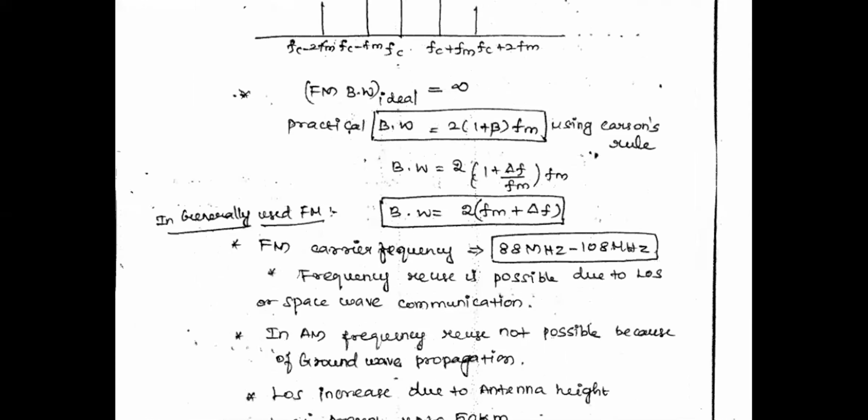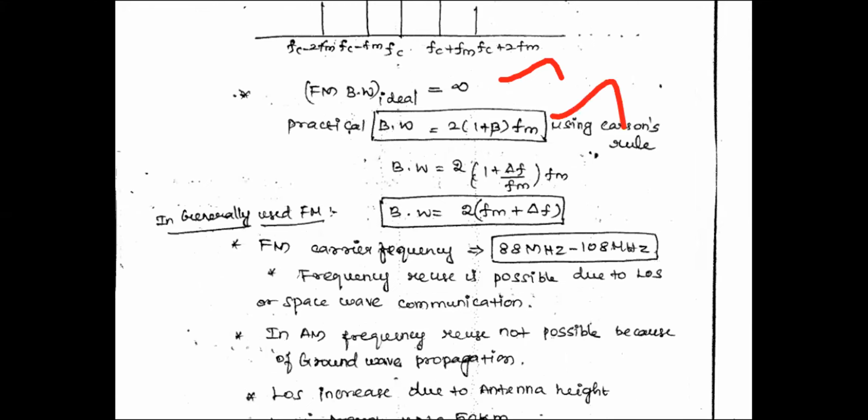I think we have covered the remaining things in the other videos. Anyway, I will conclude what we have discussed so far. We have concluded that the ideal bandwidth of FM is infinite. For practical bandwidth using Carson's rule, you can take beta plus 1 upper sidebands and beta plus 1 lower sidebands. Then the bandwidth is 2 beta plus 1 times fm. Next, in general, the FM carrier frequency is 88 to 108 megahertz. In case of AM, it is 550 kilohertz to 1650 kilohertz.